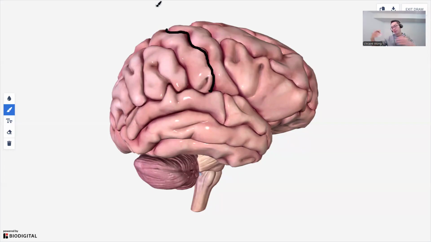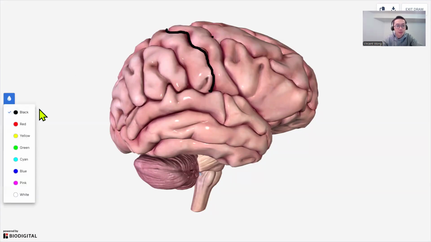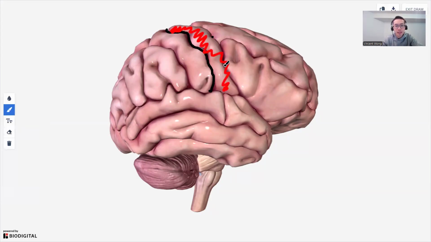You have all this already. If you have the brain that we labeled last time, maybe you can put it next to you to kind of reference a little bit. That's where the central sulcus is. And of course, in front of it, this particular region right here, that is going to be the